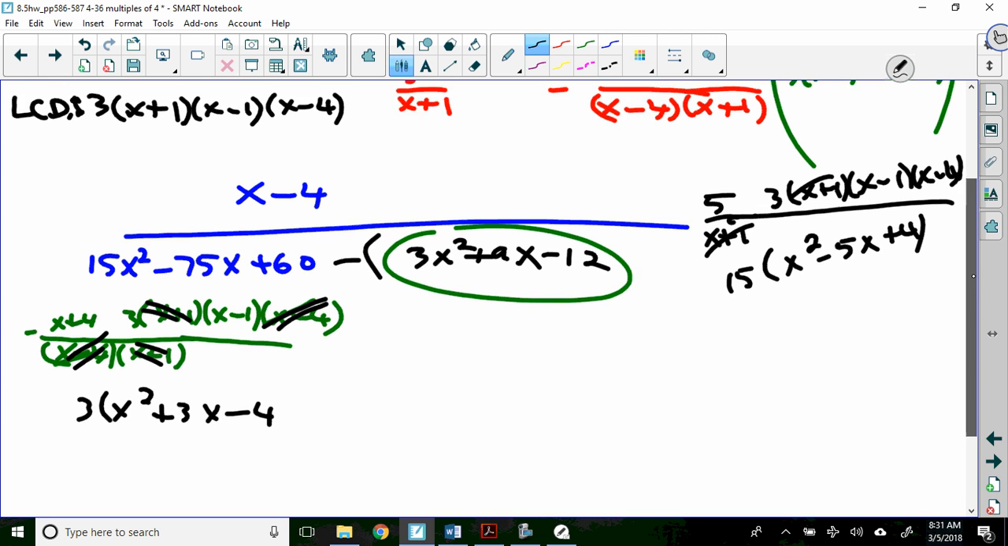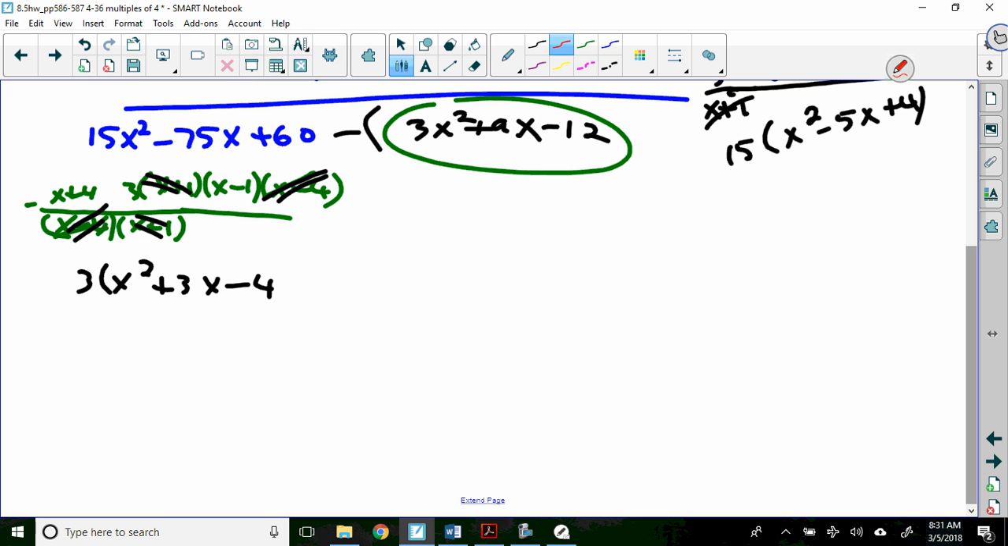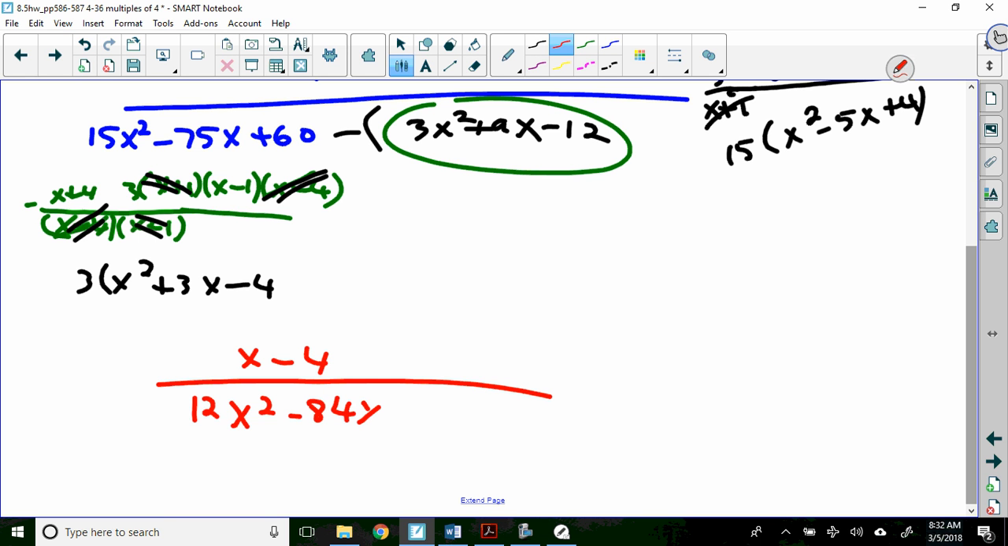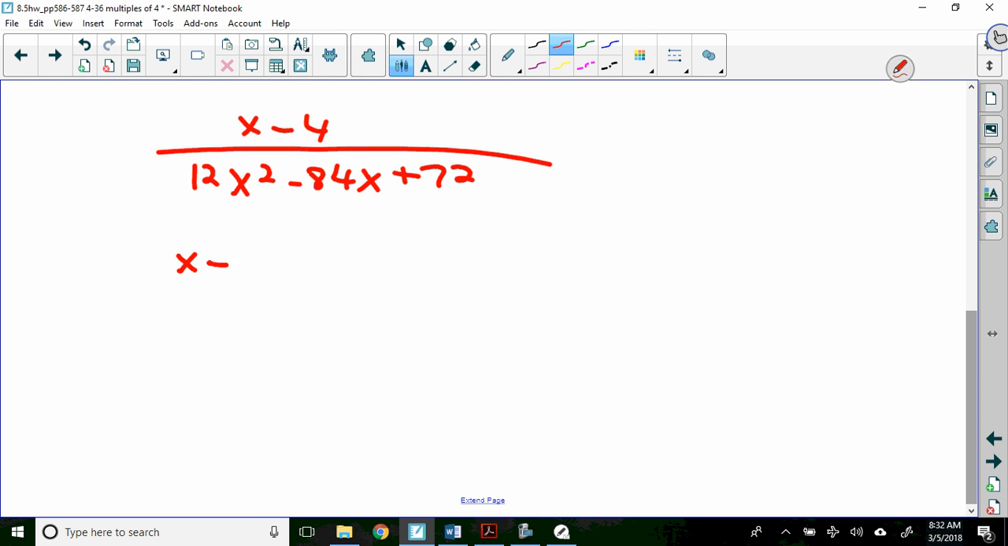So I got x minus 4 up top. In the bottom, I'm going to have 12x squared. Minus 75 minus 9 is going to be minus 84x. 60 minus 12 is plus 72. I got x minus 4 over 12 times x squared minus,